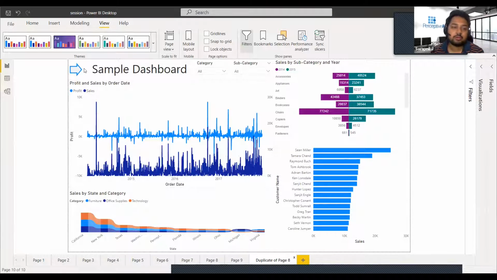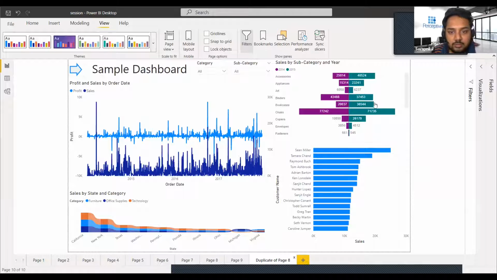What other thing we can do is we can create a bookmark of this view. Similarly, we can create a bookmark of all the views and give a click option. So when you click on that bookmark, it will navigate. So you can create a navigation page or title menu, like when we create a report, we have a summary page or an index page. We can create an index page kind of thing. If you click on it, it will directly take you to that.